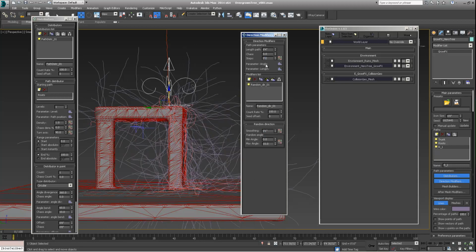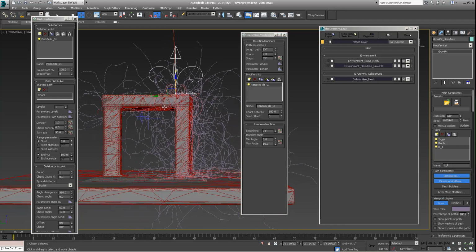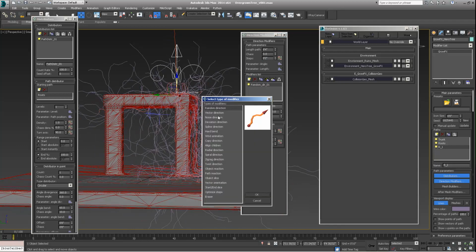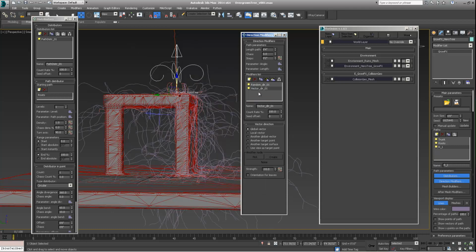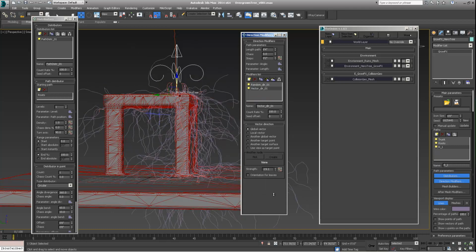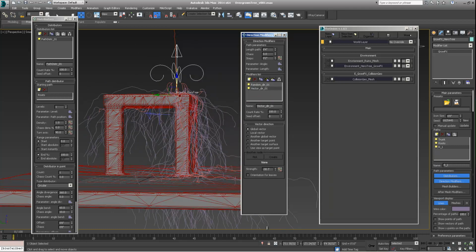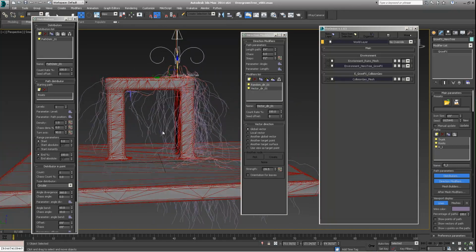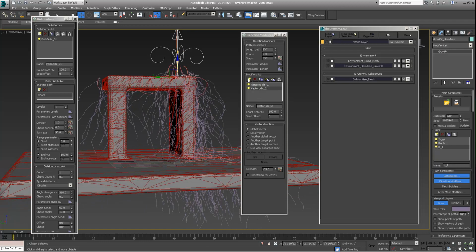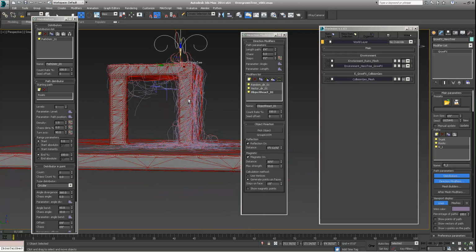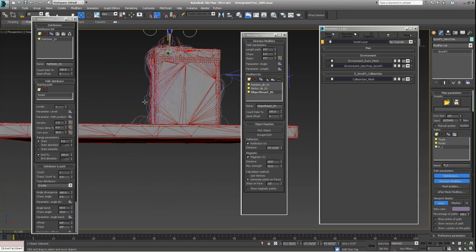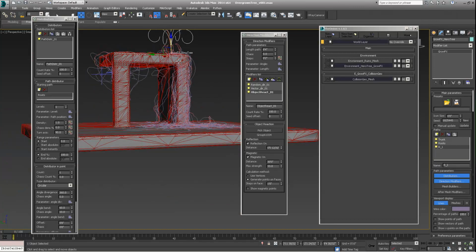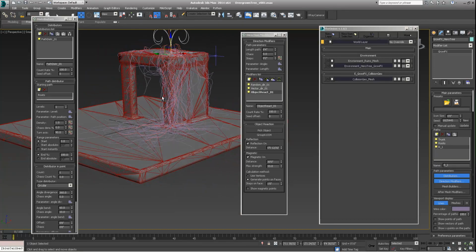Probably set this at like 2 inches. And I'm going to give this a down vector, again just to push these guys in the general direction that I want them to go. But right now they're not interacting with the object per se, because I haven't pasted my object reaction onto them. So then I paste instance,